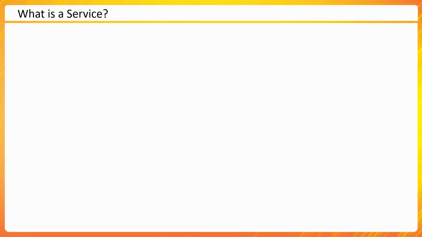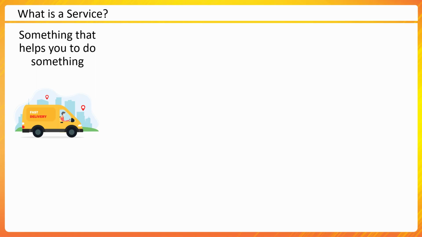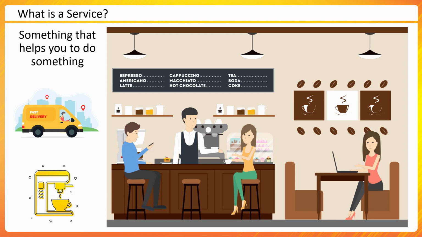Now, what is a service? A very basic definition which I have here is something that helps you to do something, right? So maybe you can take help of a delivery service to get your package from point A to point B. Maybe you are taking help of a coffee machine to get a coffee. All the ingredients are there and it knows what to do when somebody presses a button. It mixes into the ratio, heats up the things, adds sugar maybe, and then delivers the coffee to you. Or it could be a mix of machines and human. Like if you go to a coffee shop, there is a barista and coffee machines. They work together to deliver you a service. So that is a basic concept of a service.